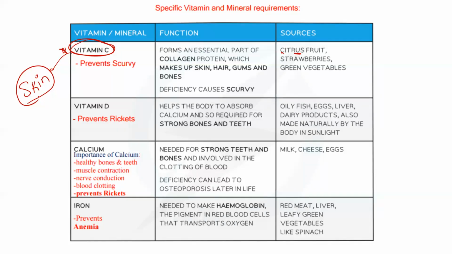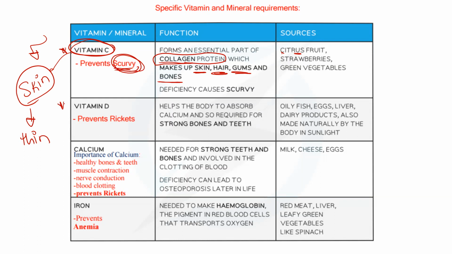It is very important for the making of a protein in the skin called collagen, okay? Very important for your skin, for your hair, for the health of your gums. And also vitamin C is important for your bones, in case you did not know that. But mainly vitamin C is very important for the health of the skin. And if you do not have enough vitamin C in your body, your skin will be very thin and you will have inflamed gums and your wounds will not heal, okay? And we will talk about this disease, scurvy, very soon.